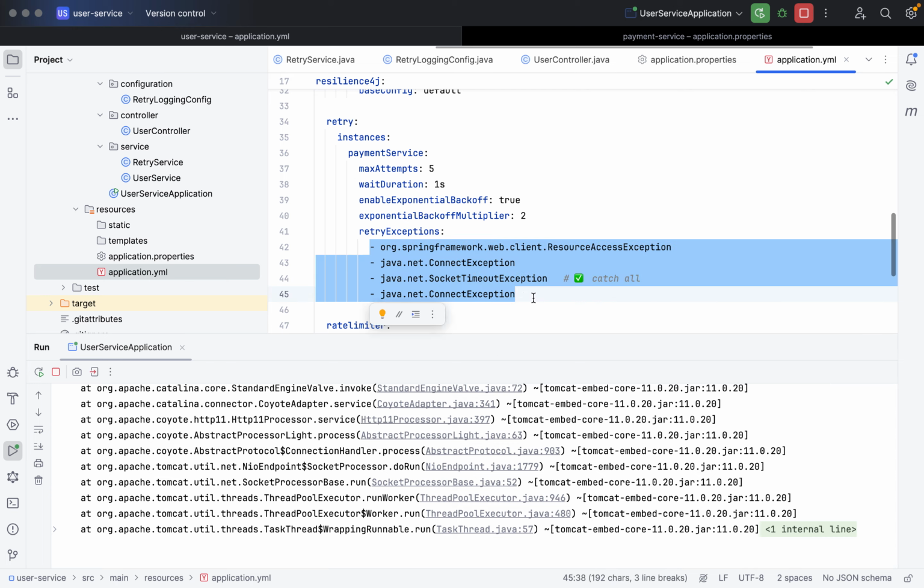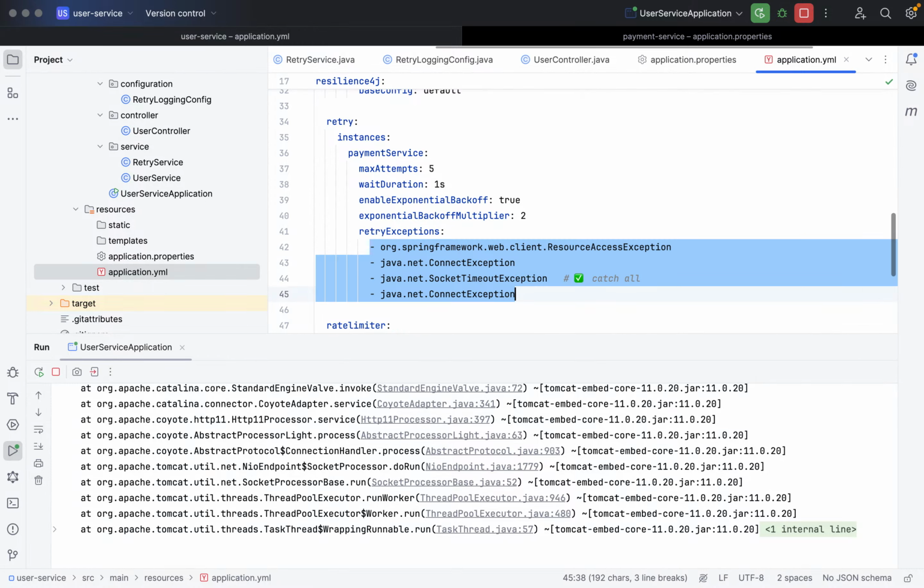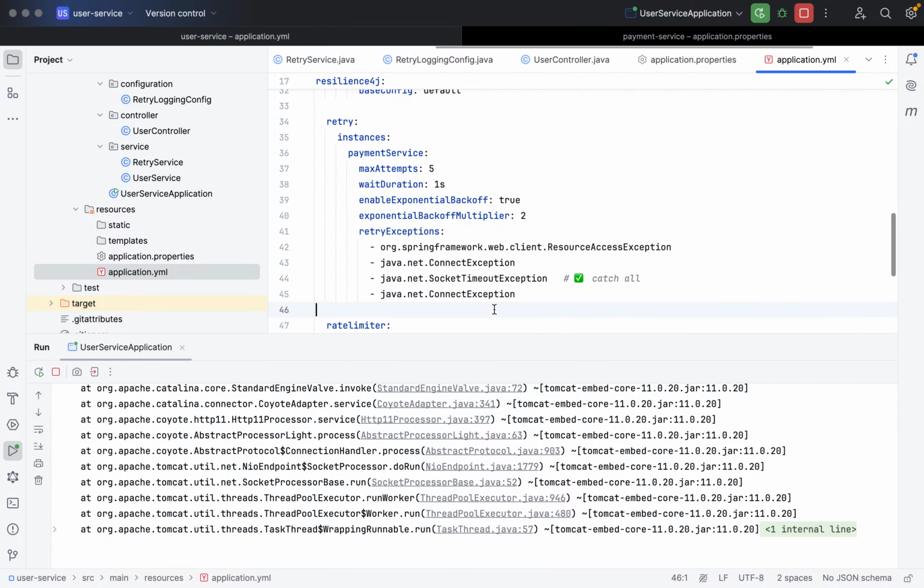Let me do one thing. Let me remove all, and put java dot lang dot exception, right?